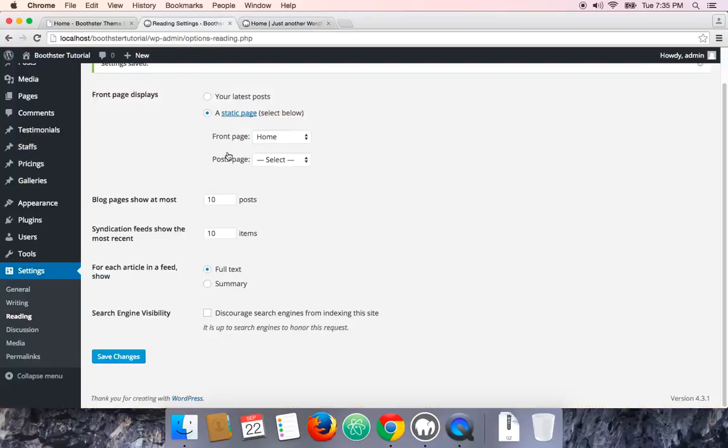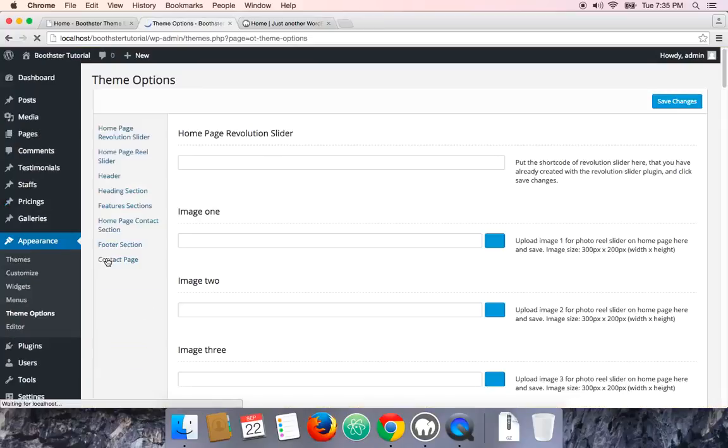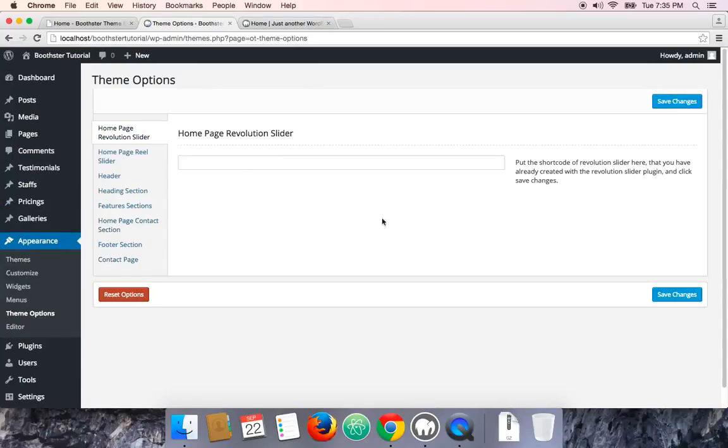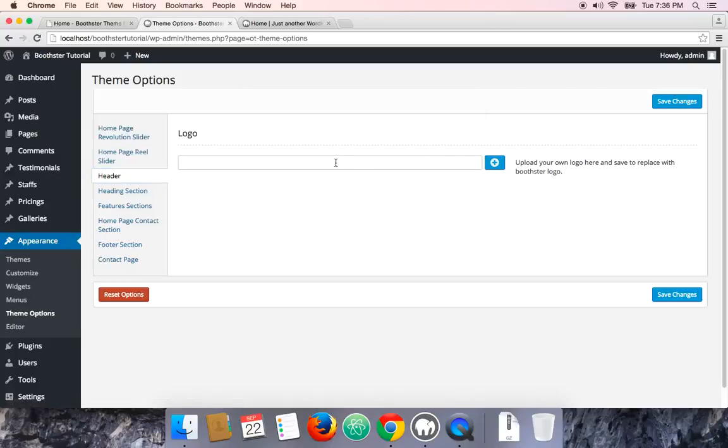Okay, to change the logo you'll have to go to appearance and then theme options. In the theme option page you'll have to go to the header section. Here you can see I've already uploaded the logo file. For the tutorial I'll just delete it and upload it again so that you guys can see how it works. I'll just delete it, and then you can see now the field is blank. To upload the image, simply click on this blue plus button